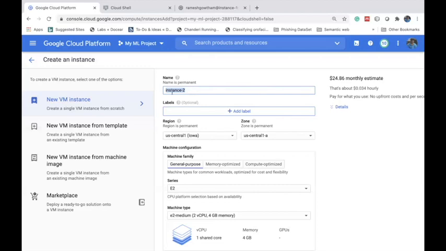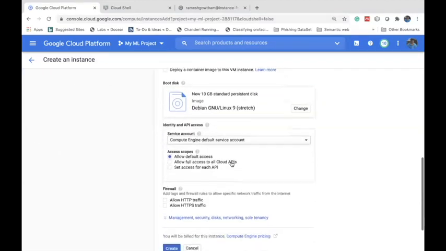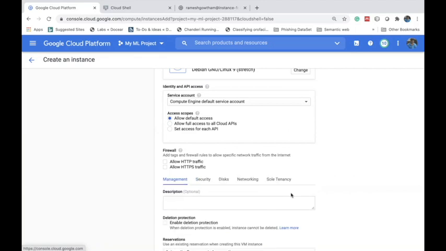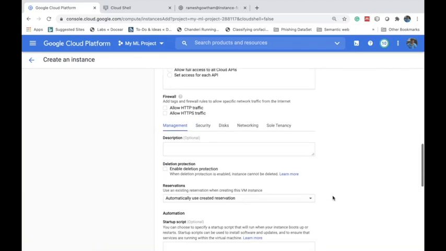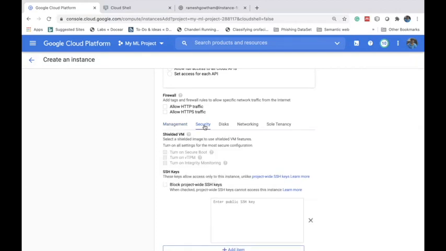I'm going to go with the default options, except I'm going to make only one change here. Click on Management, security, disks and networks. There are many tabs: a Management tab, a Security tab, and a Disk tab. In this, I'm going to click on the Security tab.